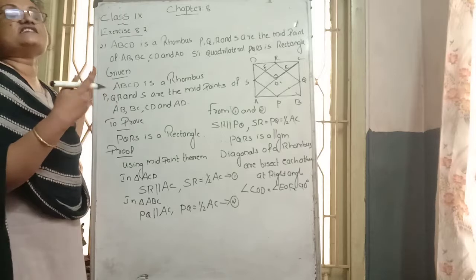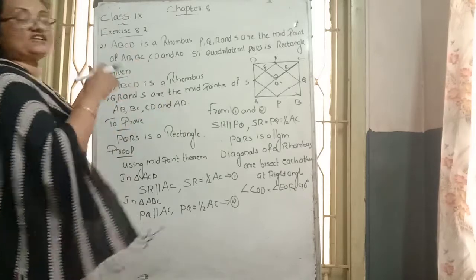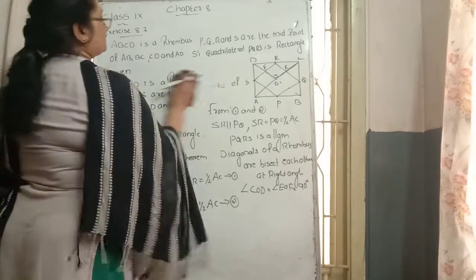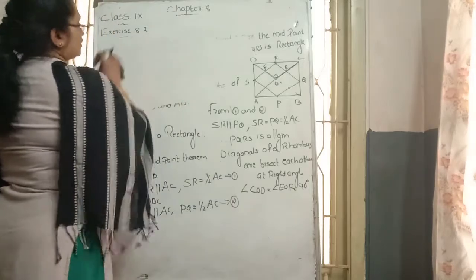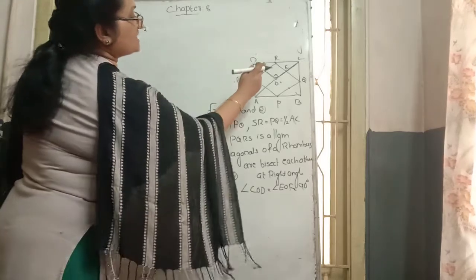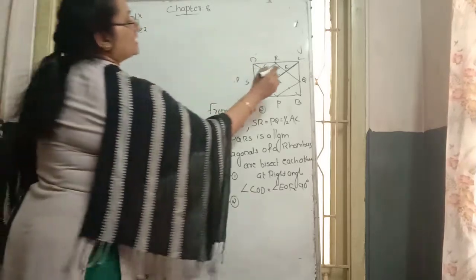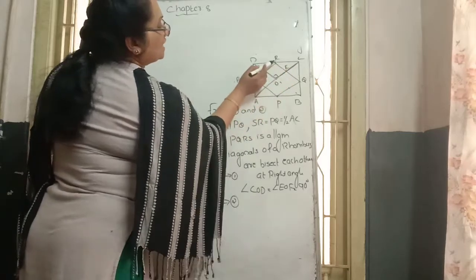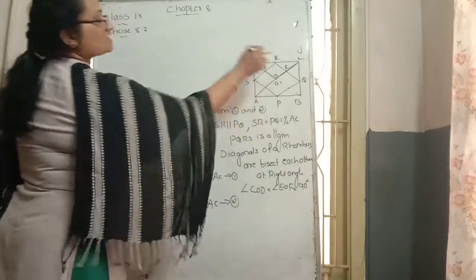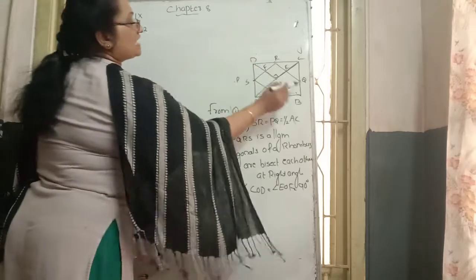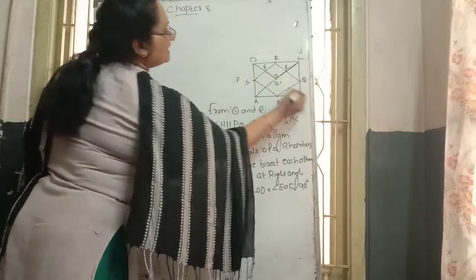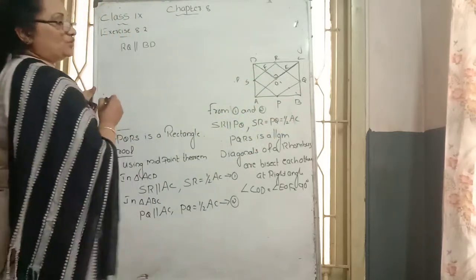becomes, in the same way, a rectangle. That is our aim. Next step, we write that it becomes 90 degrees using the midpoint theorem. Using the midpoint theorem, in which way can we write the parallel sides here, R and Q? With respect to this, R and Q are the points of the rhombus ABCD. So RQ is parallel to which side? The BD side, by using the midpoint theorem.